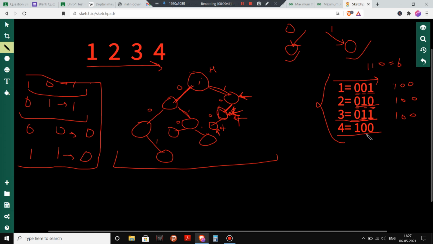Now for 1 0 0, initially it has 1, so we will go for 0. We were at the head, and we will go for 0. We reach this node. Now this has 0, so we will look for 1. Yes, I have 1 here, and I reach this position. Now it has 0 here, so I will look for 1. Yes, I can have 1 here, so I reach here. So the binary representation that I have gone through is 0 1 1. So it will have its maximum XOR with this 0 1 1.